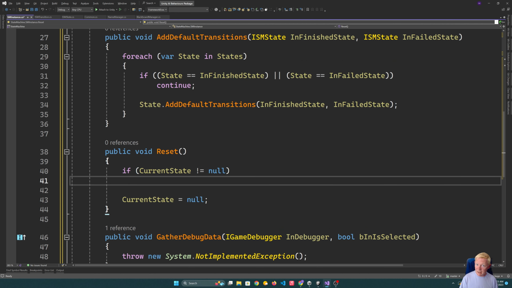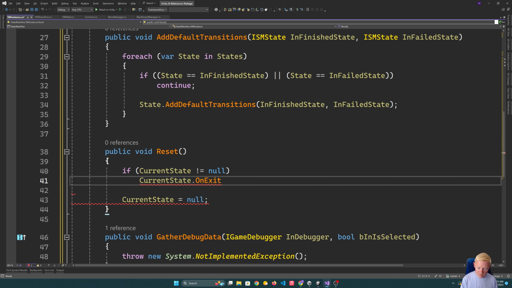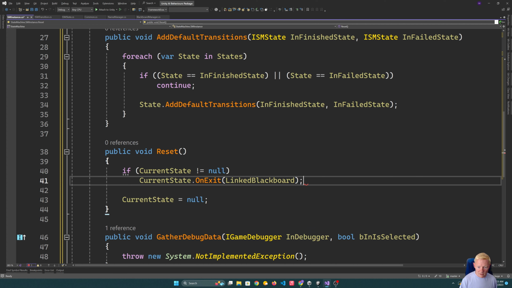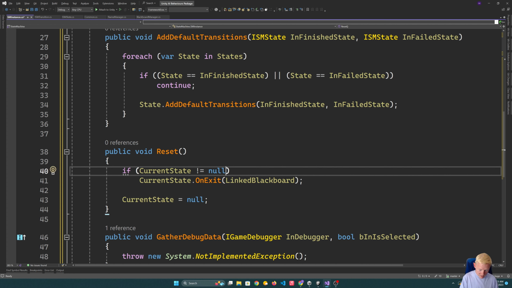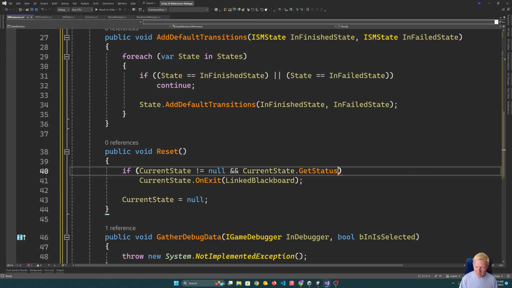then we could force an exit from it. So what we could say is current state on exit. Then we need to provide in our blackboard like that. So that makes the reset a little bit safer if we're currently in a state. And I could check if the state is not null and the status